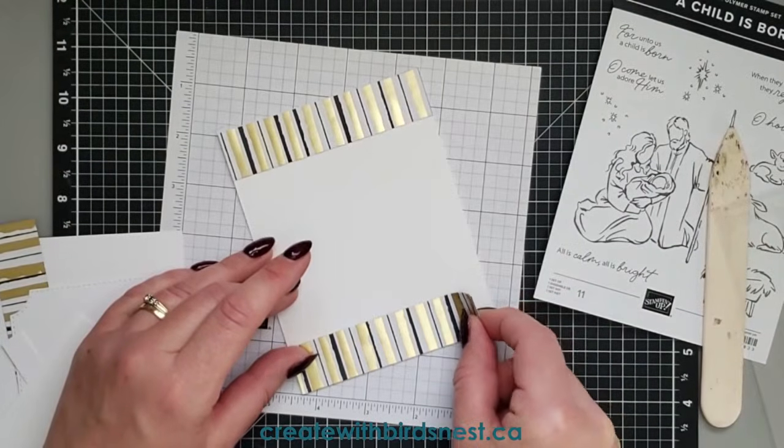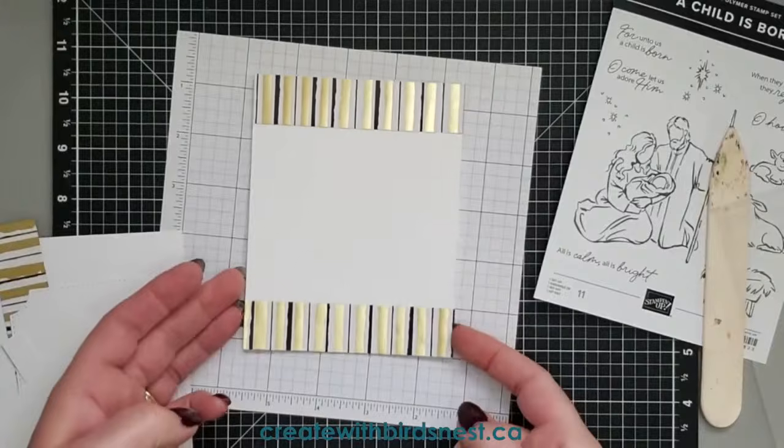All right, so we got these pieces here, 1 inch by 4 1/4 lined on the top and the bottom